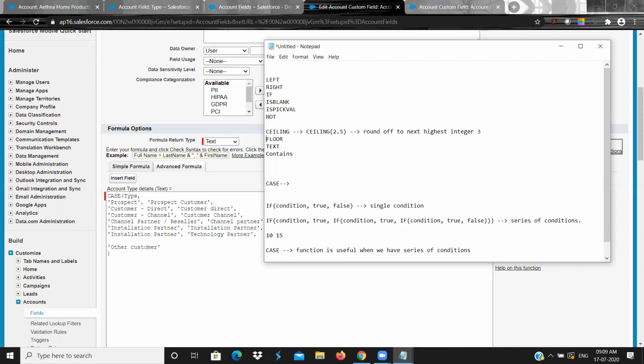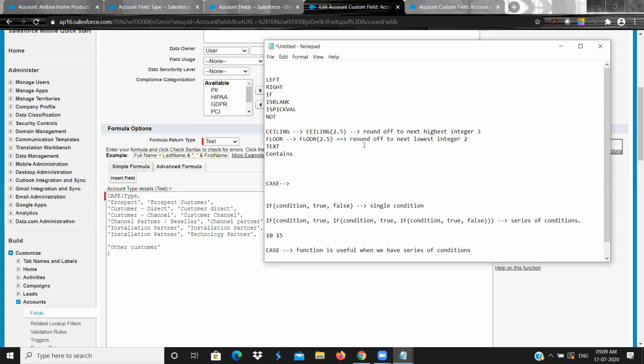FLOOR means floor is bottom. FLOOR of 2.5, if you give it, will round off to the next lowest integer, that is 2.